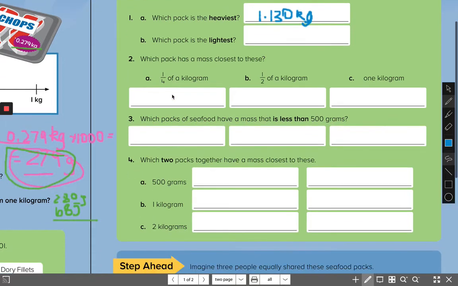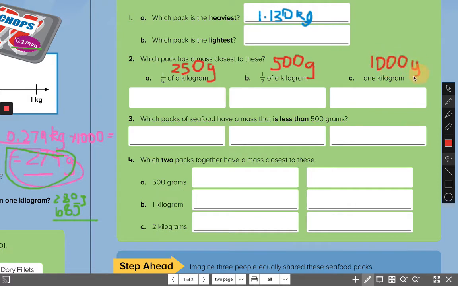Let's have a look at question 2. Which pack has a mass closest to these? 1/4 kilogram, 1/2 kilogram, 1 kilogram. What I would do here, I would simply write those values to remind me. 1/4 kilogram is the same as 250 grams. 1/2 kilogram is the same as 500 grams. Because we are doing conversion all the time, and 1 kilogram, I know it's about 1,000